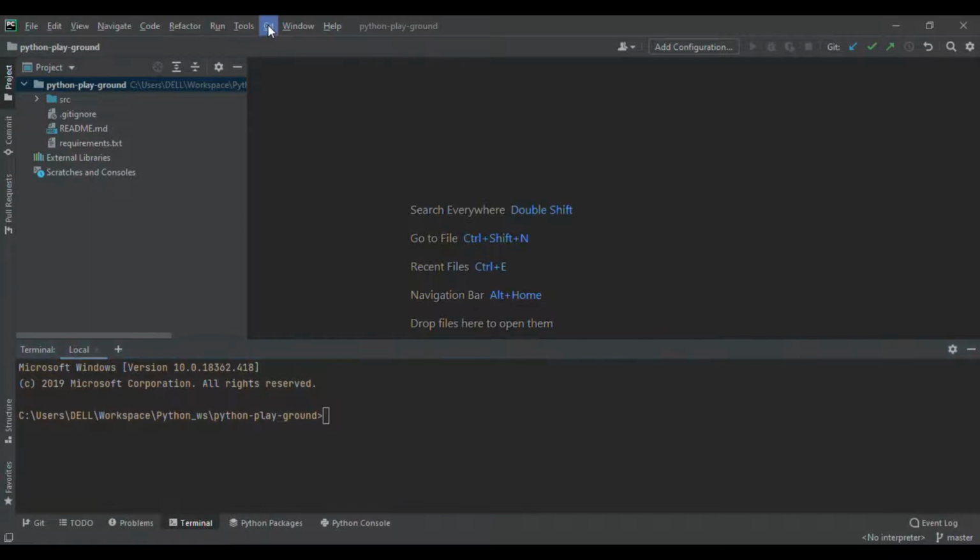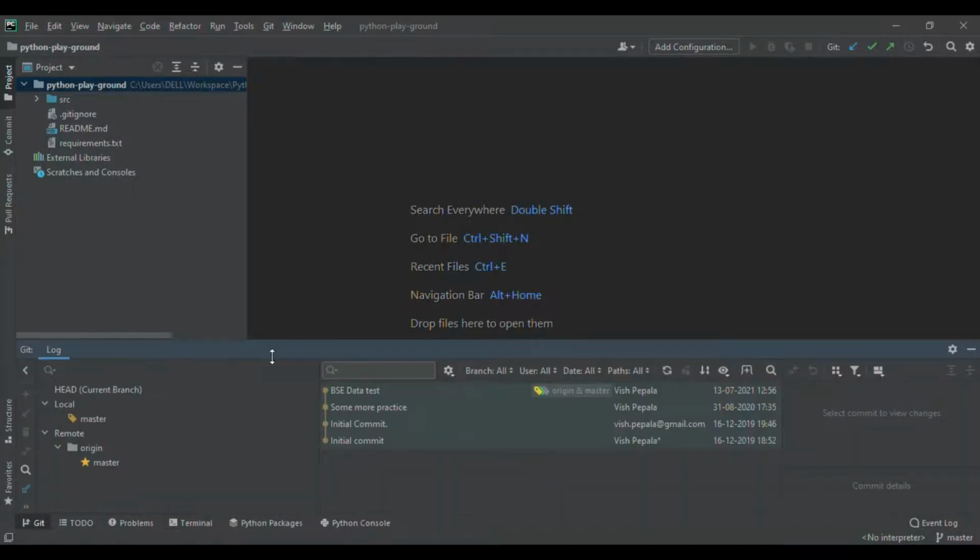And I'm covering only the important menus. There are a lot of menu items, but there is something called Git, right? You can apply Git-related operations here. You can pull, fetch, push, commit. I will make a separate video on Git in the developer series on PyCharm. I will also make a separate video for Sonar.